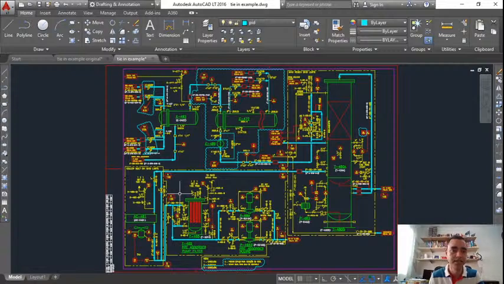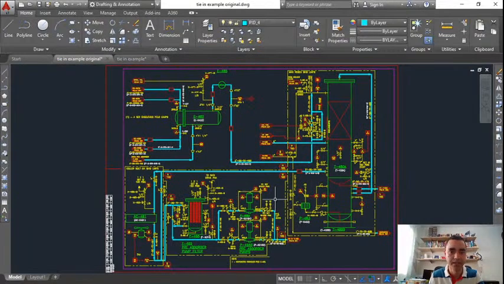And the tie-in point can be done in many ways, depending on the kind of process and depending on what you are adding to the process. For instance, if it was a cooling water system and I just want to add a new branch to my cooling circuit, I could use the hot tapping procedure to add a new pipeline. In this hot tap procedure, I don't need to stop my process, because